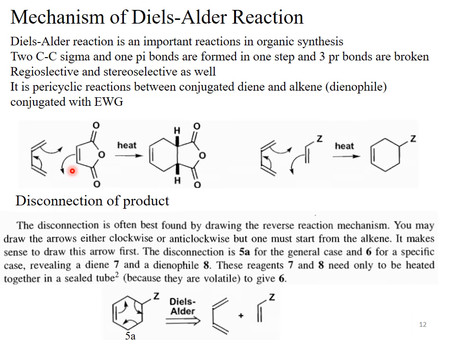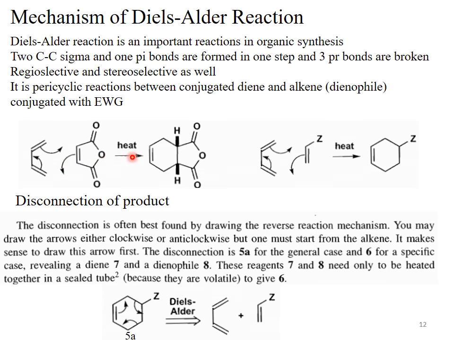See, in the previous slide we discussed how we can come to know whether it's a Diels-Alder product or not. Is this product formed through the Diels-Alder mechanism or not? So we can check the requirements. The first requirement to confirm that this is a Diels-Alder product is that the product must contain a 6-membered ring. Yes, this product also has a 6-membered ring. The second requirement, the ring must contain a double bond. Yes, it has a double bond inside the ring.